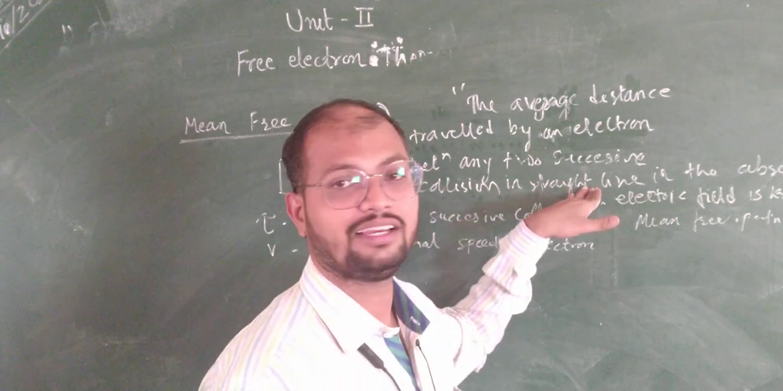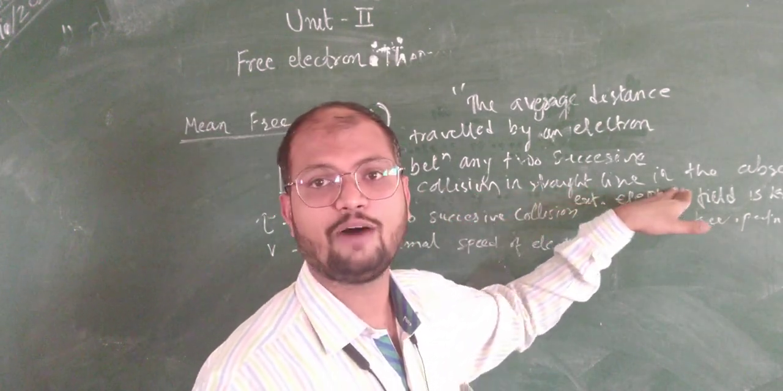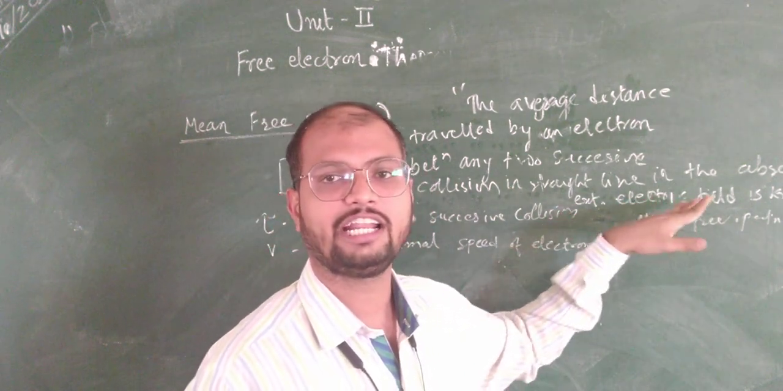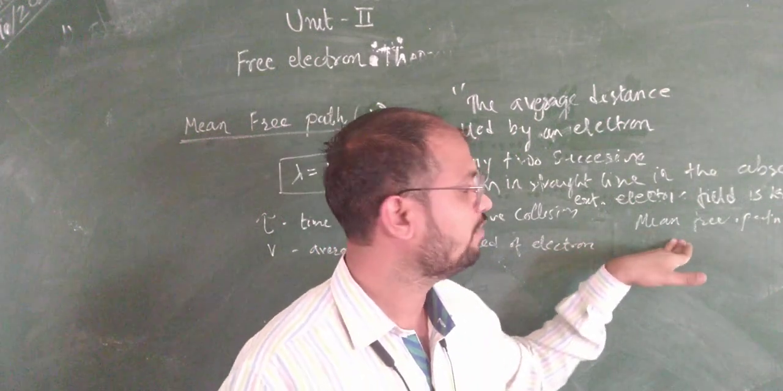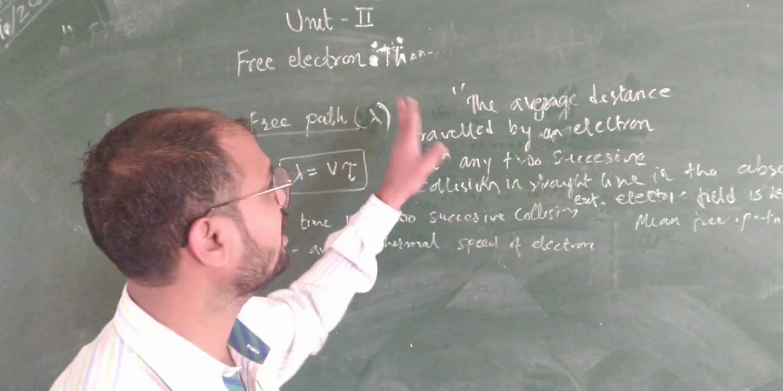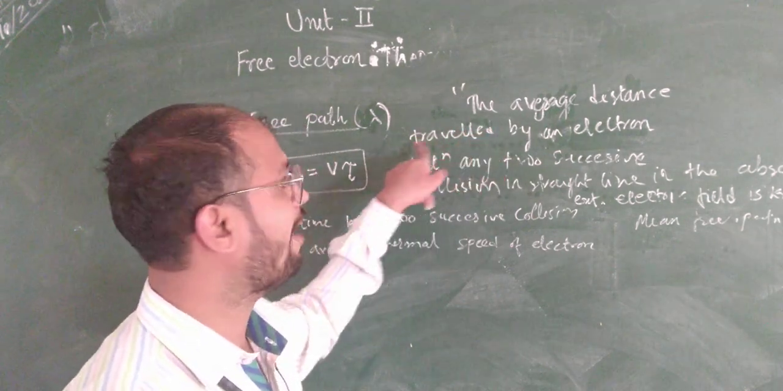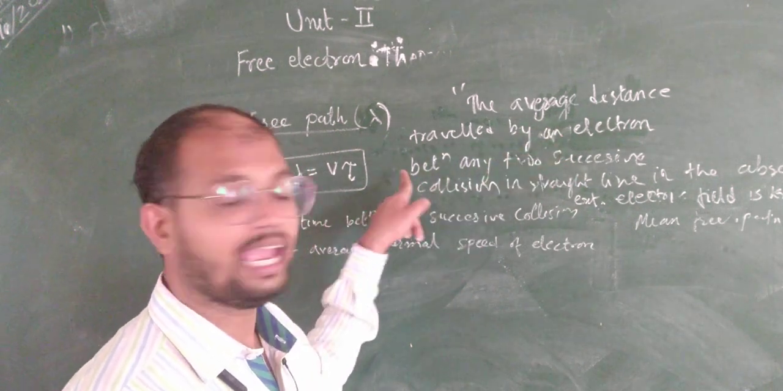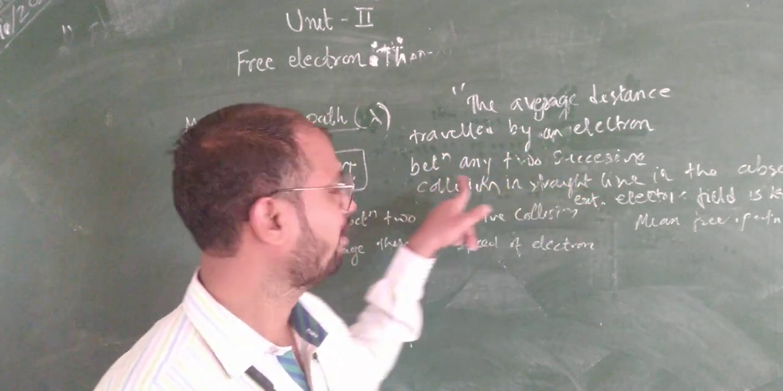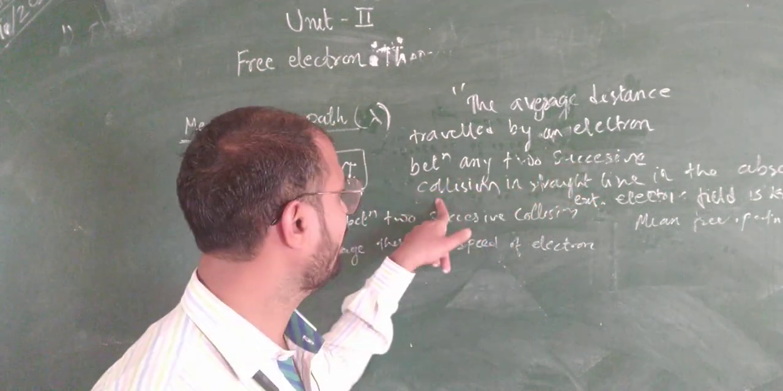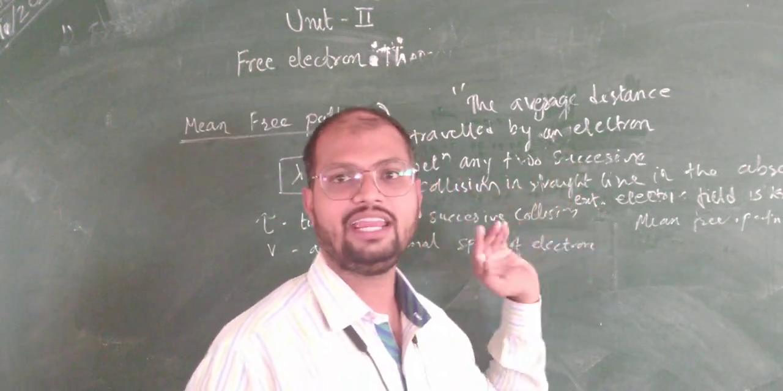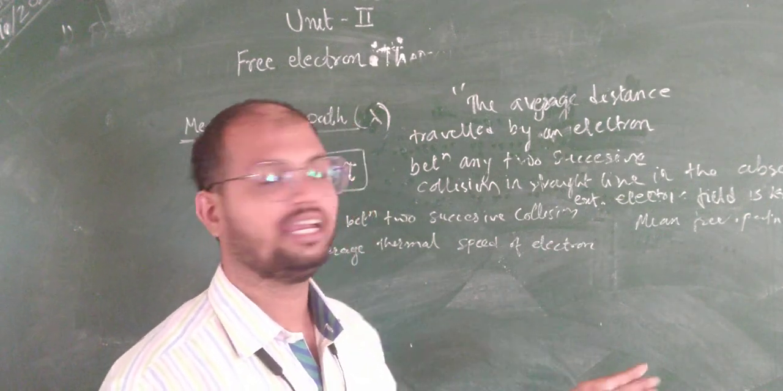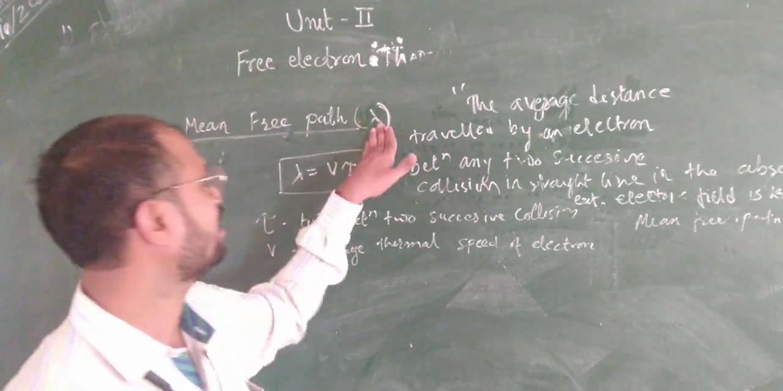In a straight line, in the absence of external electric field, is known as mean free path. Okay, what is mean free path? The average distance traveled by an electron between any two successive collisions in a straight line in the absence of external electric field is known as mean free path,